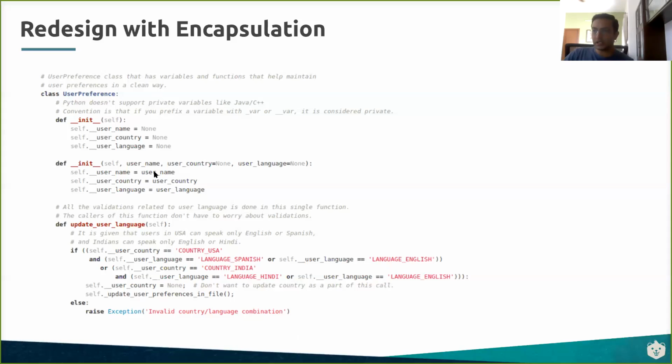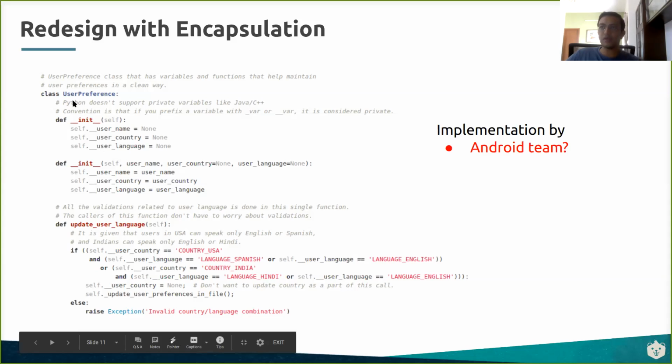Now the validation is happening within the right guy who is in charge of handling user preferences. So now how does this affect the other guys, the iOS handler, the Android handler, or the web handlers that were there? Okay, so this is the question. Who should really be implementing this?